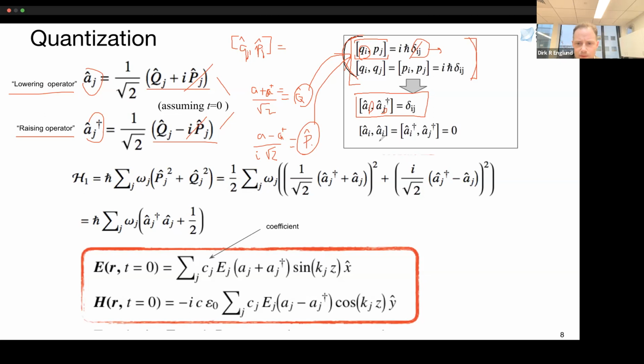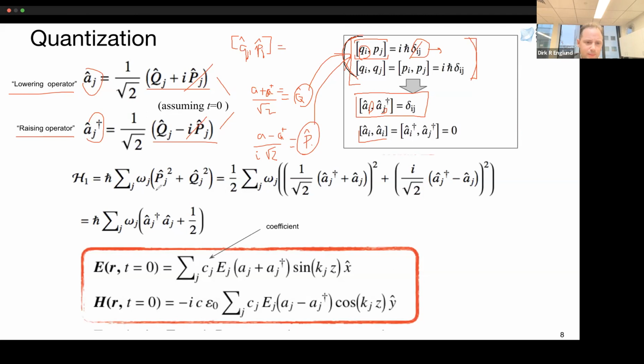So, yeah, A and A dagger do not commute if J is equal to I, but A and A dagger and A do commute. All right, so at this point then, now that we have this out of the way,